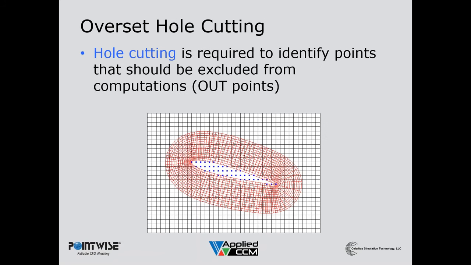The first step in the overset grid assembly process is the overset hole cutting. This step is going to identify the points that should be excluded from the computation, or what we call out or hole points. Because we've generated these grids locally without detailed consideration of other body components, a component grid may extend inside a different portion of the body or behind the symmetry plane. These points outside the domain of interest are obviously not valid and must be excluded from the flow solver computation. You can see in the picture the blue points that we have marked as hole or out points that are inside the airflow.